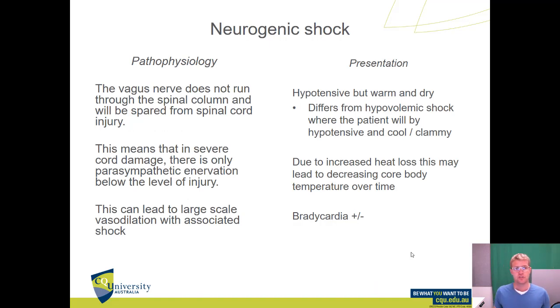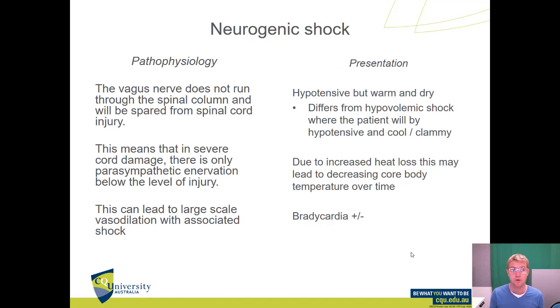Now, there's a thing called neurogenic shock, which can happen most commonly in complete spinal injury. And the pathophysiology behind it is that the vagus nerve is the only nerve in your body that doesn't run down through your spine. So if you have a total spinal injury, the function of your vagus nerve is preserved throughout your body. Now, normally your parasympathetic and your sympathetic systems have a push-pull dynamic and they work in unison with each other. But of course, if all your sympathetic tone, which runs up and down your spinal cord, has been lost in a complete spinal injury, now the parasympathetic system, which is innervated by the vagus nerve, has total control of your body. And it can lead to a large-scale set of parasympathetic symptoms, such as vasodilation, bradycardia, and